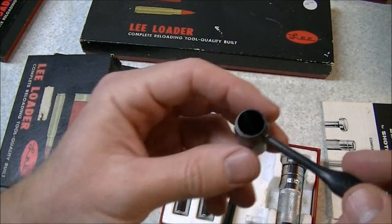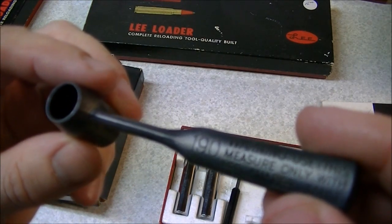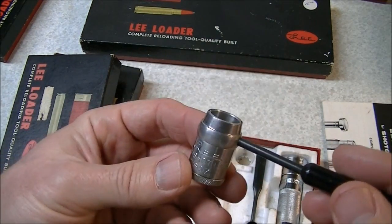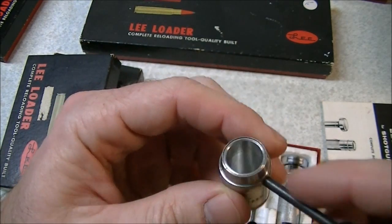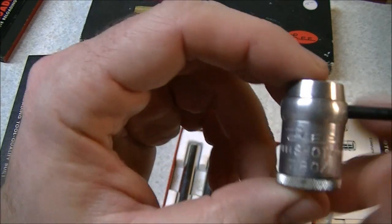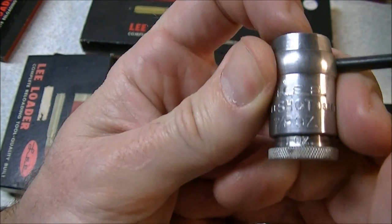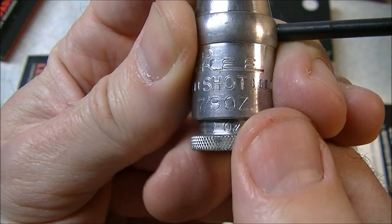We have a plastic powder scoop. This is the 190 powder scoop. And also a very nice adjustable shot dipper. This is an aluminum dipper, steel handle, plastic grip. And this is adjustable from, you can see on the stamping there, it says 7/8 of an ounce. But this also snaps open in increments. So when it's snapped open to there, 1 ounce,